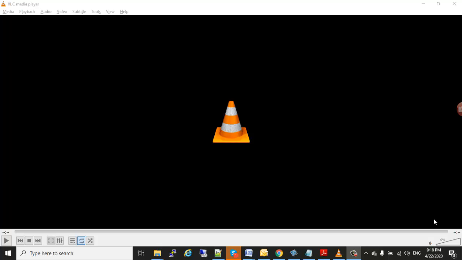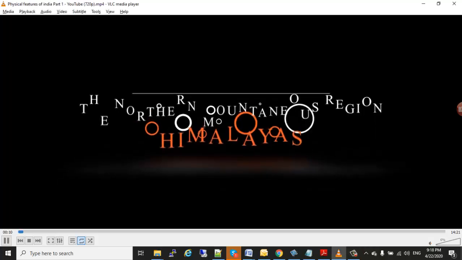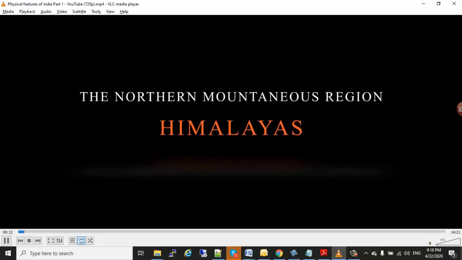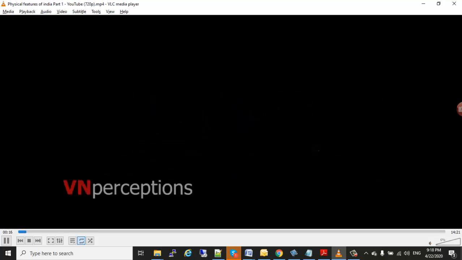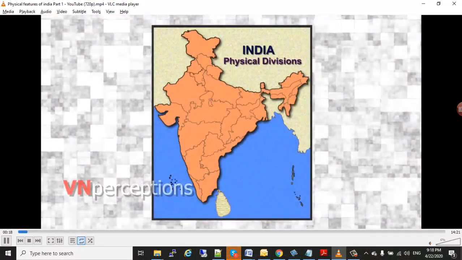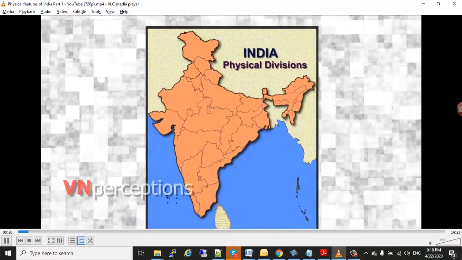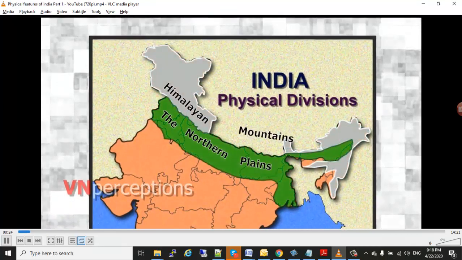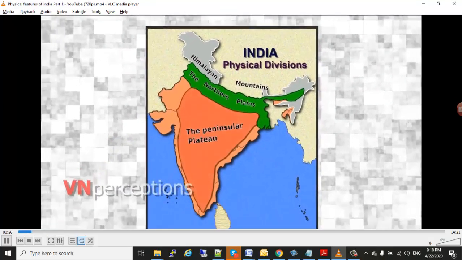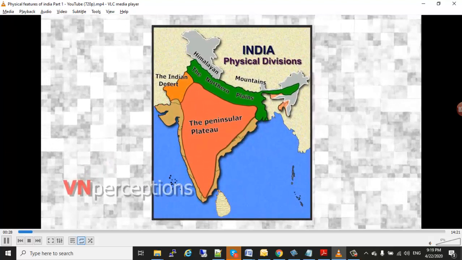Good morning, everyone, and today we are going to explore the great Himalayas. We are going to learn more about the northern great mountain Himalayas. The physical features of India can be grouped into Himalayan mountains, northern plains, peninsular plateau, the coastal plains, and